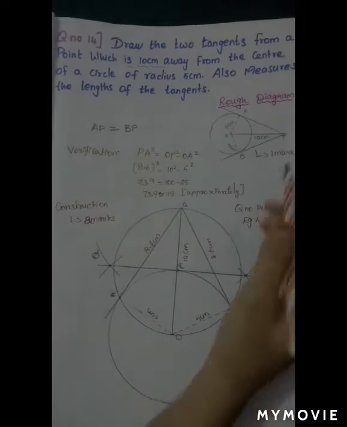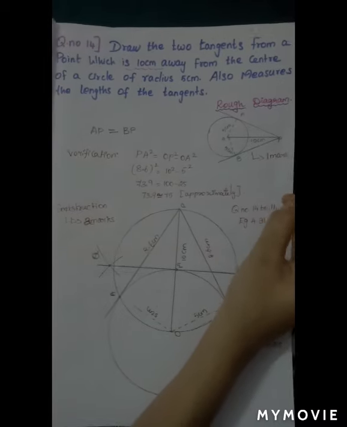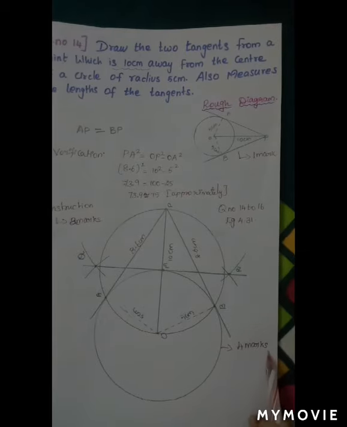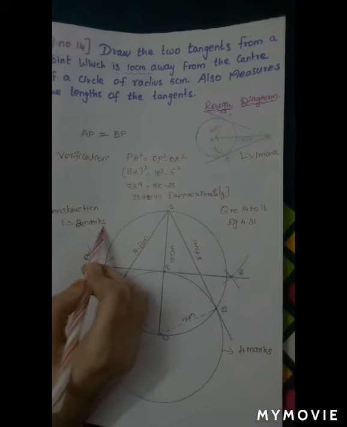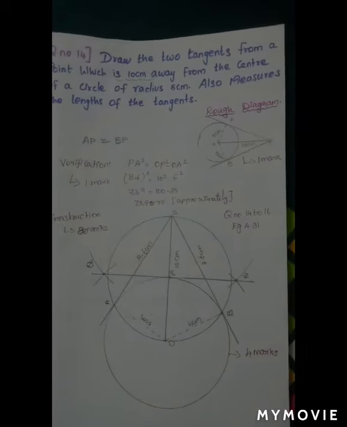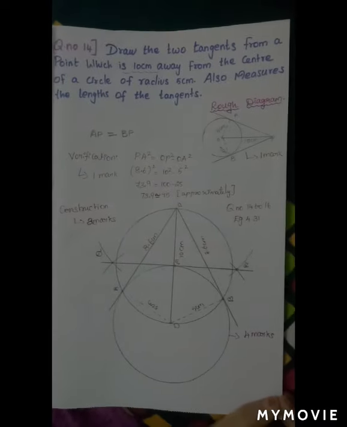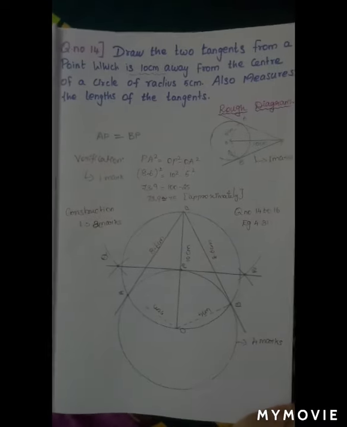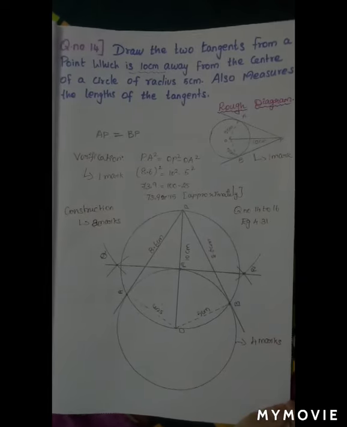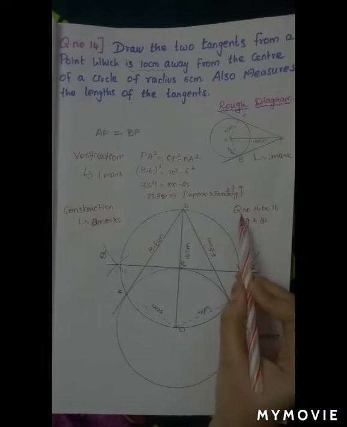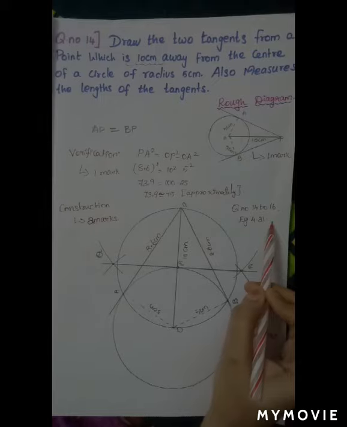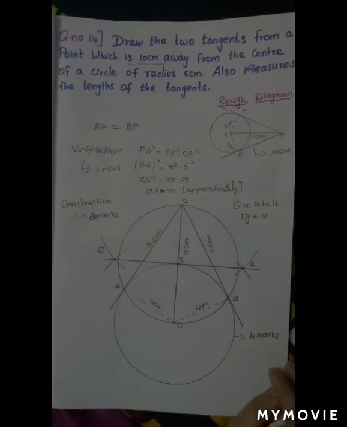Let's see the allocation of marks. Rough diagram carries 1 mark and fair diagram carries 4 marks. Construction carries 2 marks. Verification carries 1 mark. Totally 8 marks. What I said now, the same thing you can write as construction. You can go through the constructions given in the textbook also. Same model sum is from question number 14 to 16 and example 4.31. All the best students to get a full 8 marks.